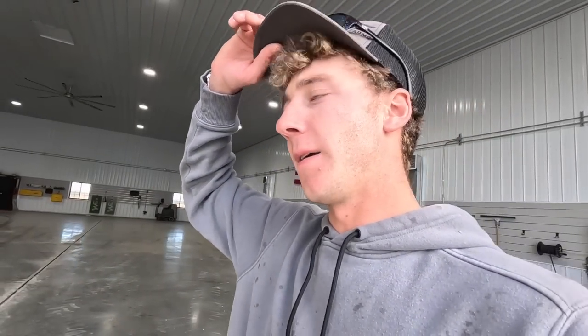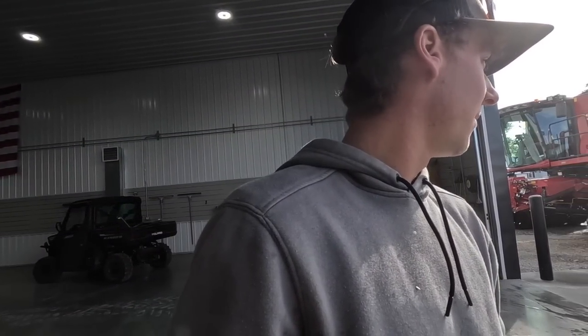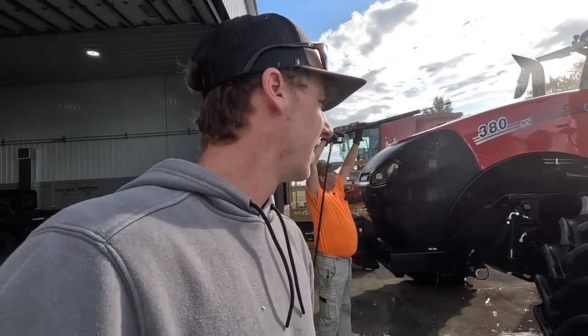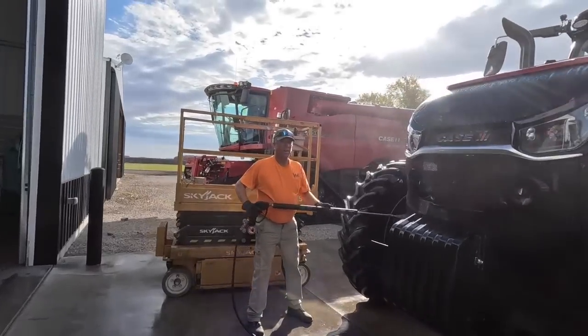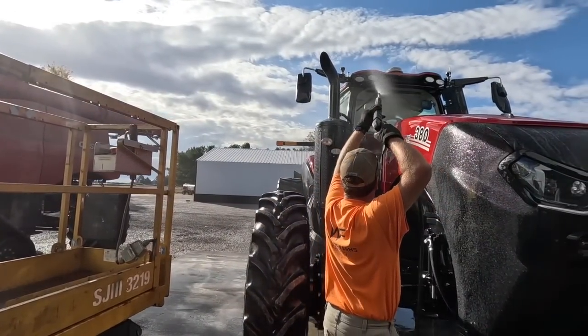I know it's super dry, but stuff is just a little tacky. The sun hasn't been out, but now the sun's coming out, so probably be able to fire the chisel up here after lunch. Got the 380 all cleaned up. Now it just needs set up for this ditcher. Got a big list of ditching to do already? Oh, not a big list, but